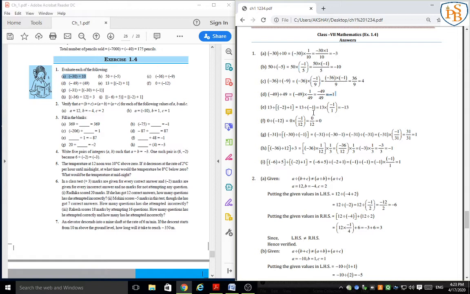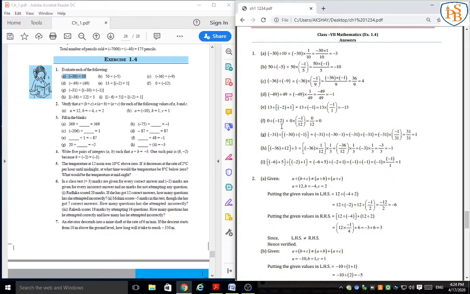And if I divide 13 by negative 1, 1 13s are 13, so the answer will be 13. But 13 and 1 carry opposite signs, so our answer is negative 13. Again, 0 divided by negative 12, so the answer will be 0.